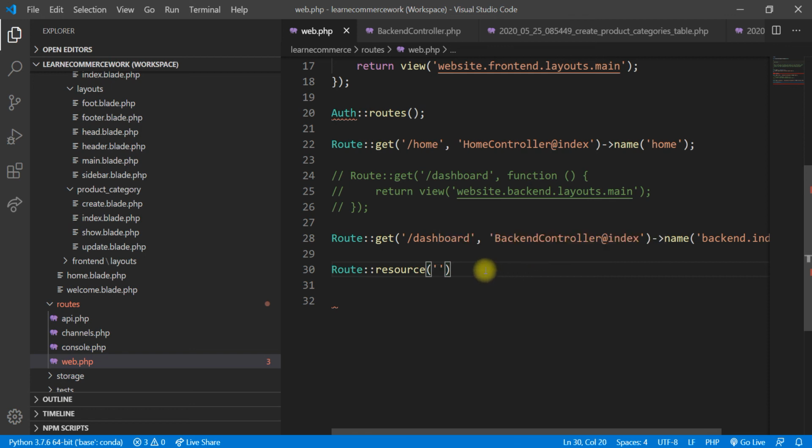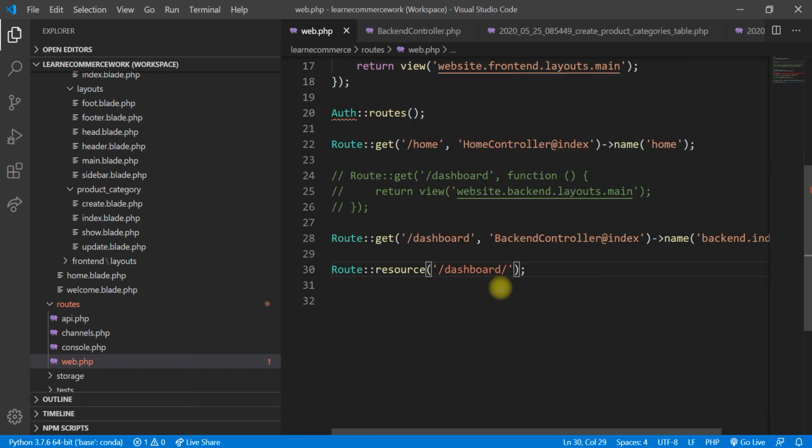So it will be easy for you to start with this one. If you understand the concept, we have made all the resources of the controller, so we are making the route resources too, the same as the controller resources. Okay, so let's make one slash dashboard slash